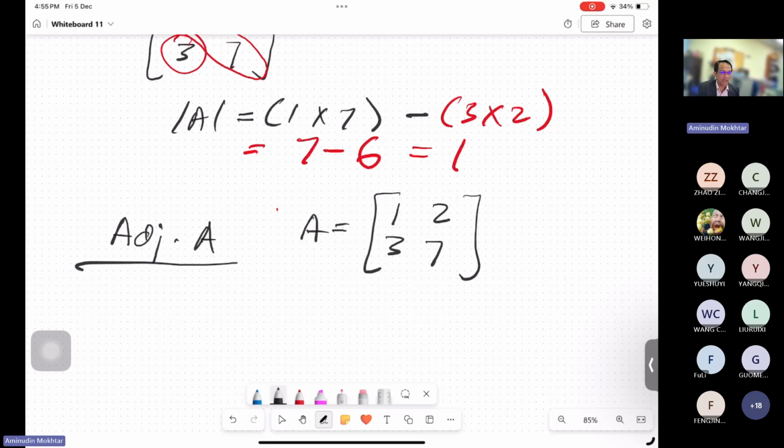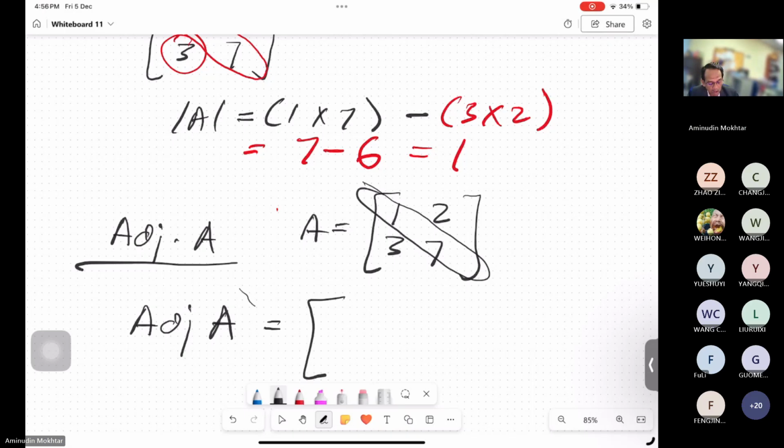What is the main diagonal of the matrix? Again, the main diagonal refers to these elements. Now we need to find adjoint A. There is no calculation here. Luckily, you don't need to do any calculation. You just rearrange the position of the elements. Adjoint A equals